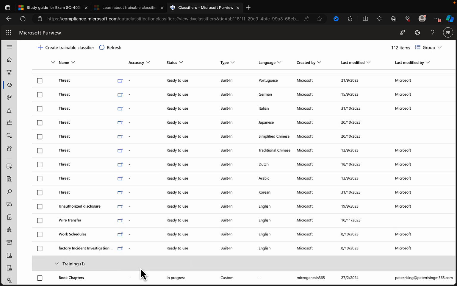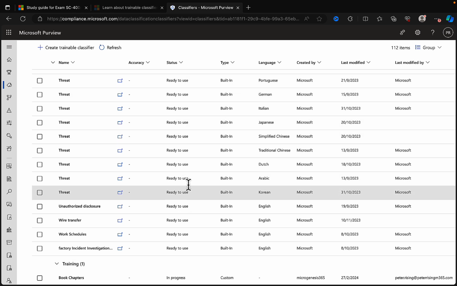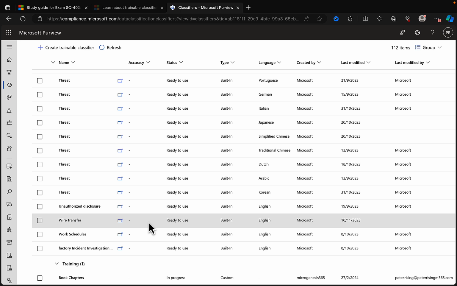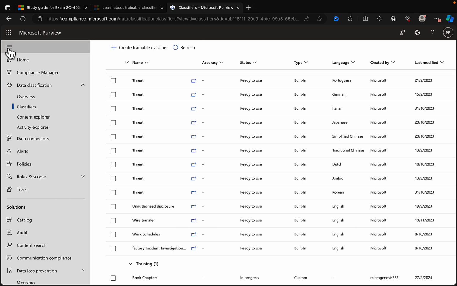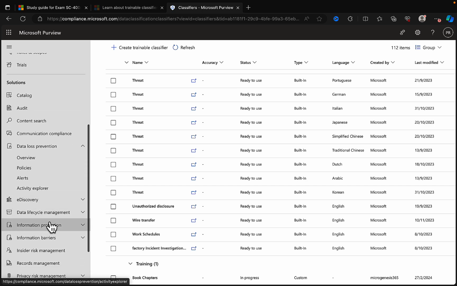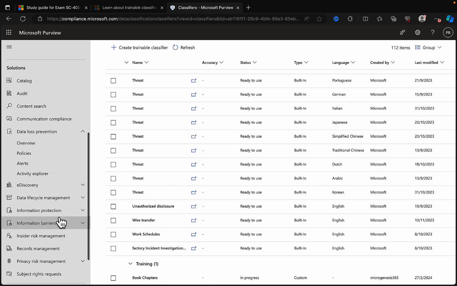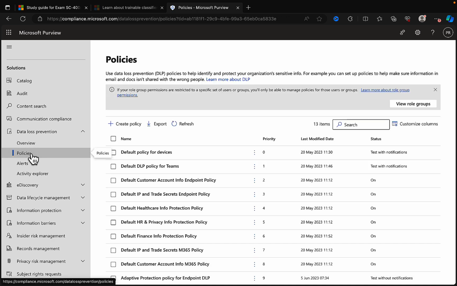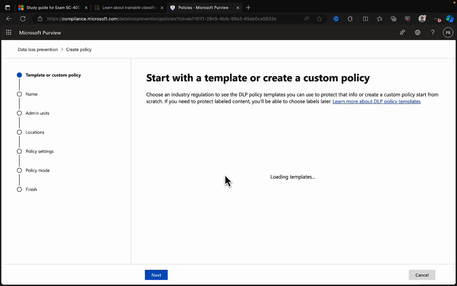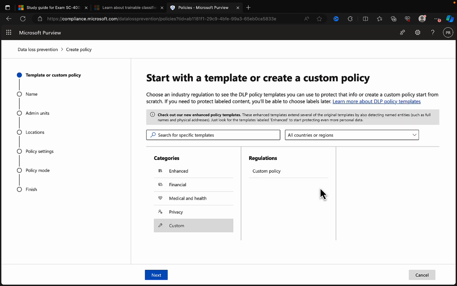While we're waiting for that though, why don't we just take a look at one of these built-in trainable classifiers and how we can leverage that within some of our Purview features. Let's pick on wire transfer, for example. So if I go to, let's bring out this side panel again. Let's go into DLP, data loss prevention and policies. There we go. Let's just very quickly create a policy, and what we'll do is we'll create a custom policy,